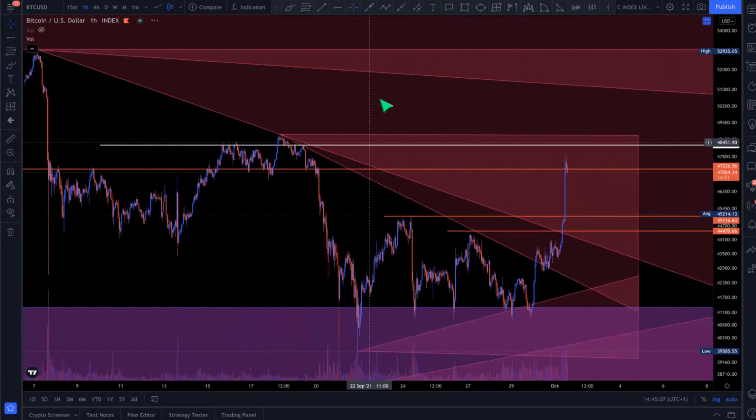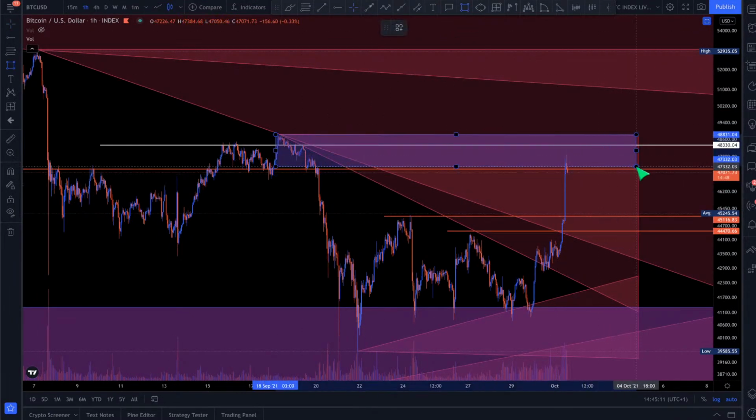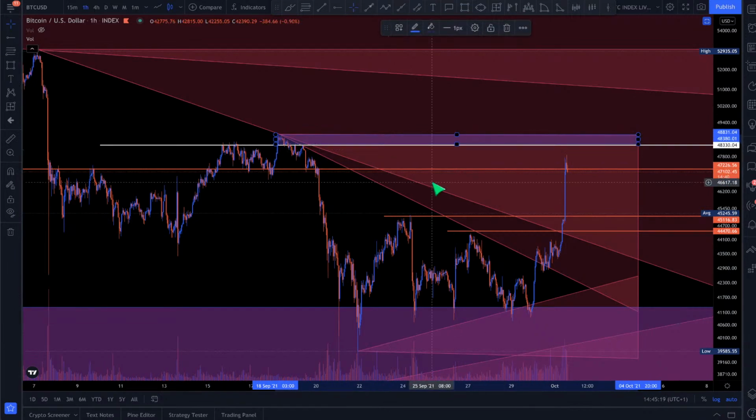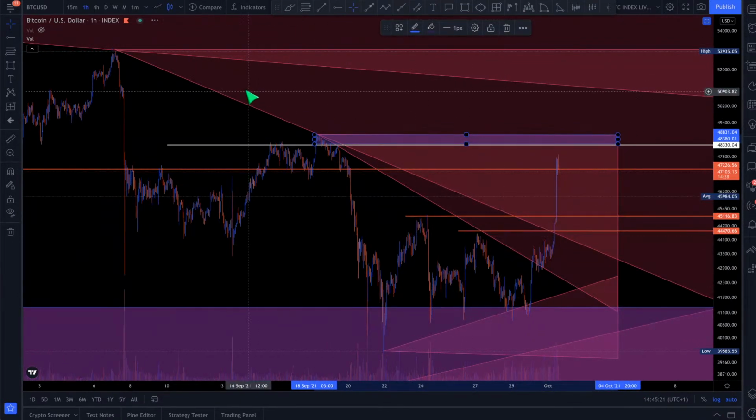For us right now, all of these drawings, everything is great, and this is the range, this is the level where we need to go. This is the area we need to break above, right? Once we break above this white line here, that's when we are absolutely super solid. Before that, this trend is still down. This area here is still a lower high, okay, because it's lower than this.